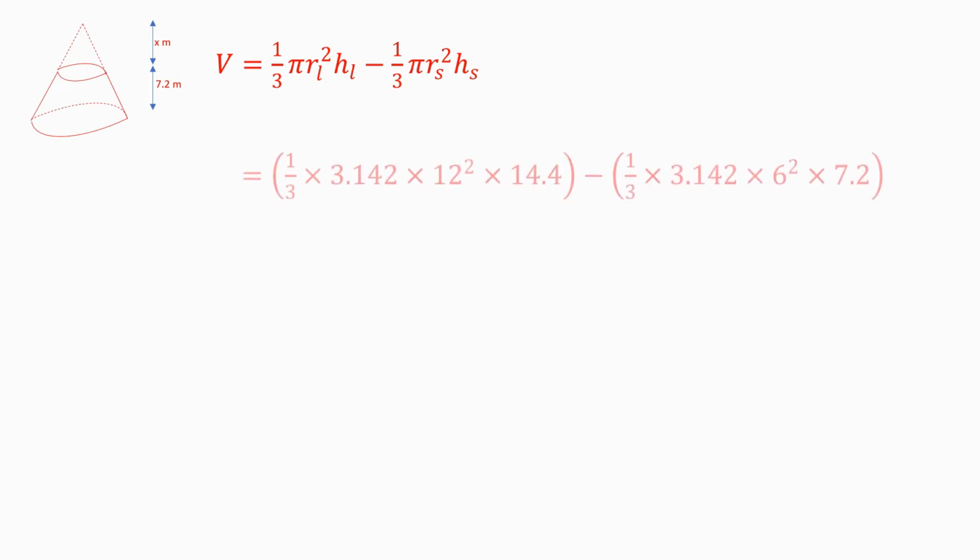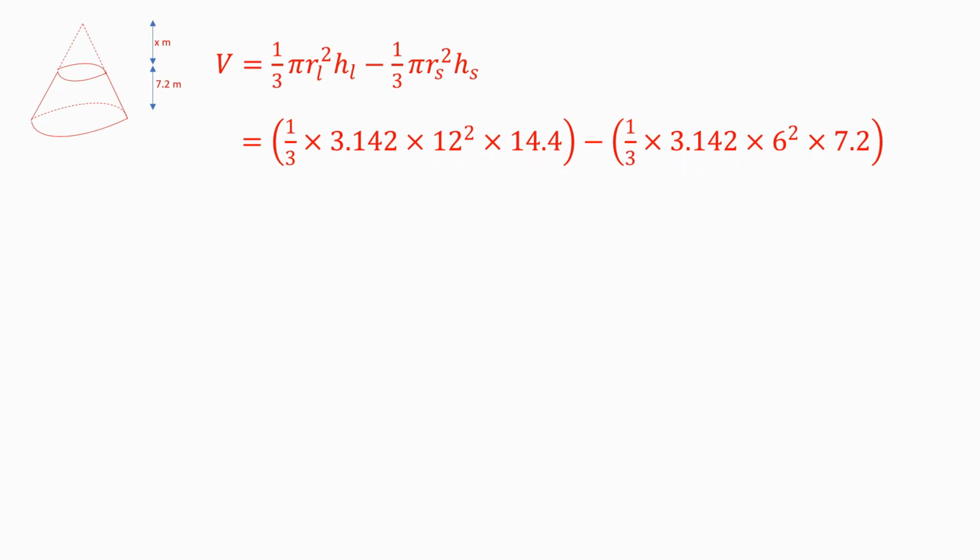So we have a third times 3.142 times the radius of the large cone, 12 meters, squared, times 14.4, which is the sum of 7.2 plus 7.2, minus a third times 3.142 times 6 squared, 6 being the radius of the top of the tank, times 7.2. We have 2171.7504 minus 271.4688, which is equal to 1900.2816 cubic meters. But we have been asked to give our answer in liters, and so we have to convert